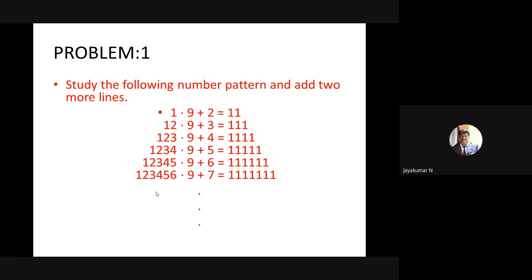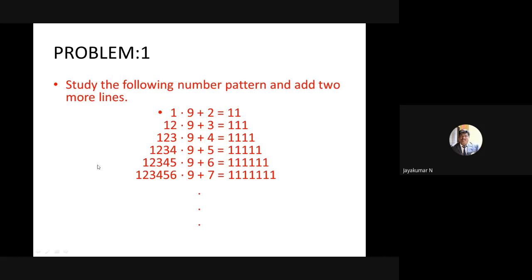Similarly, you can find similar types of number patterns. Easily, you can find the next two rows. But in this section, we also study the validity of the pattern. Generally, I can find the general term. From the general term, easily I can say that there are 9 ones and 10 ones. Okay, correct? Because, sorry, 8 ones and 9 ones.